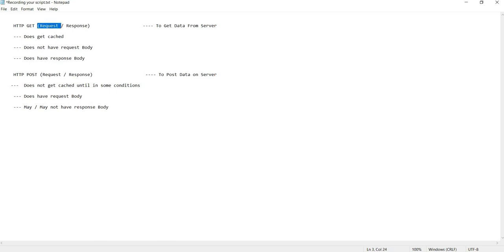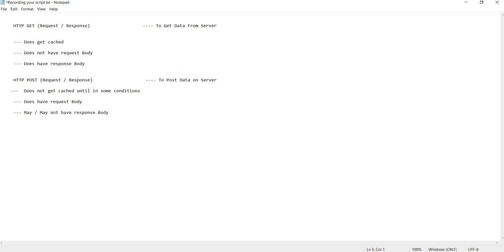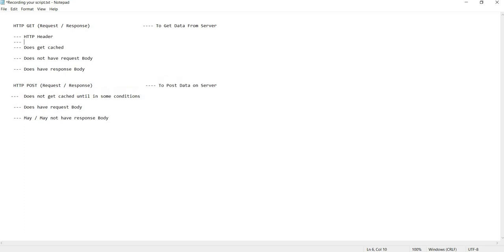So when we say it is a GET request, a GET request will always have the headers. It means that it will have HTTP headers, and it will not have an HTTP body. Why does it not have an HTTP body? It has just HTTP headers, because you want to tell the server that you want to get something out of it. You want to get maybe an HTML page from the server.